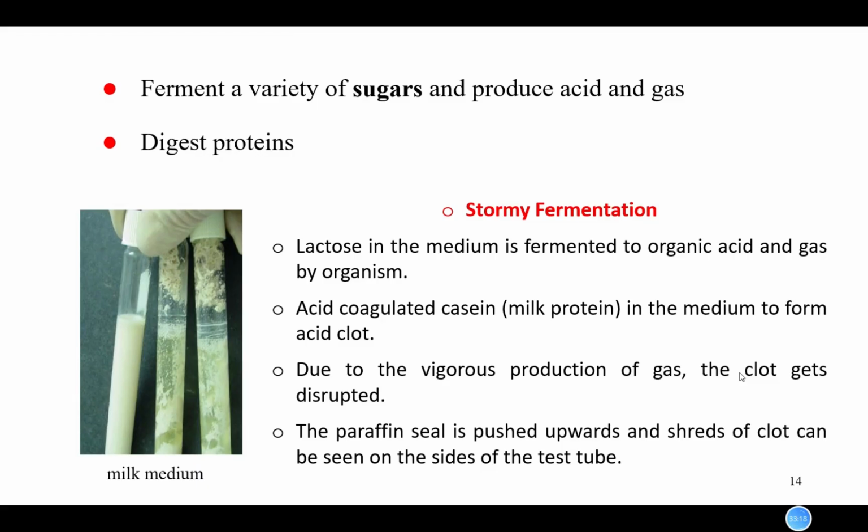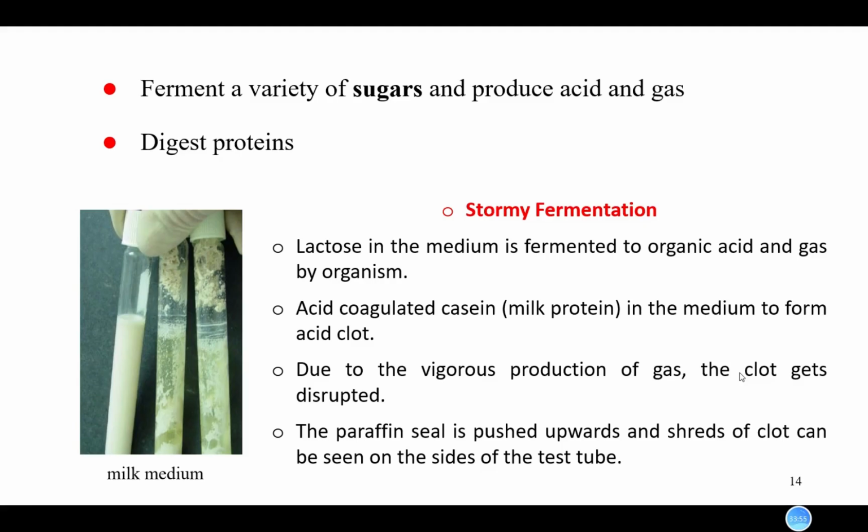Perfringens is able to ferment a variety of different types of sugars. When it ferments sugars, it produces both acid and gas. Acid means extremely low pH, and gas means that it can form a lot of bubbles. And perfringens is also able to digest proteins. So based on this property,